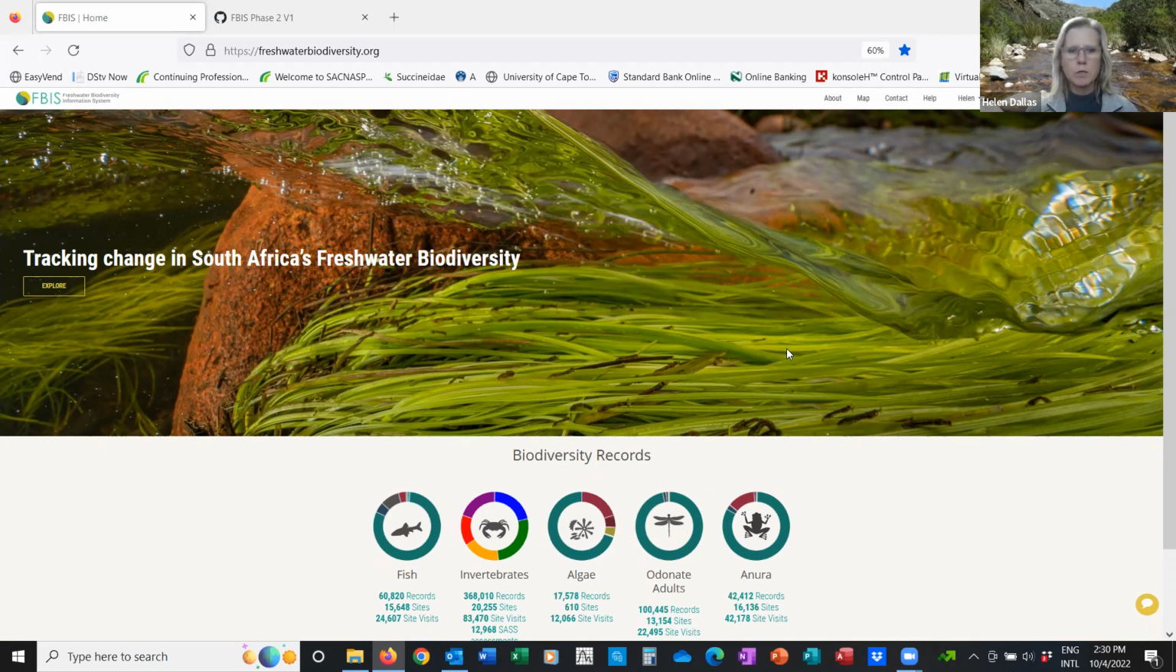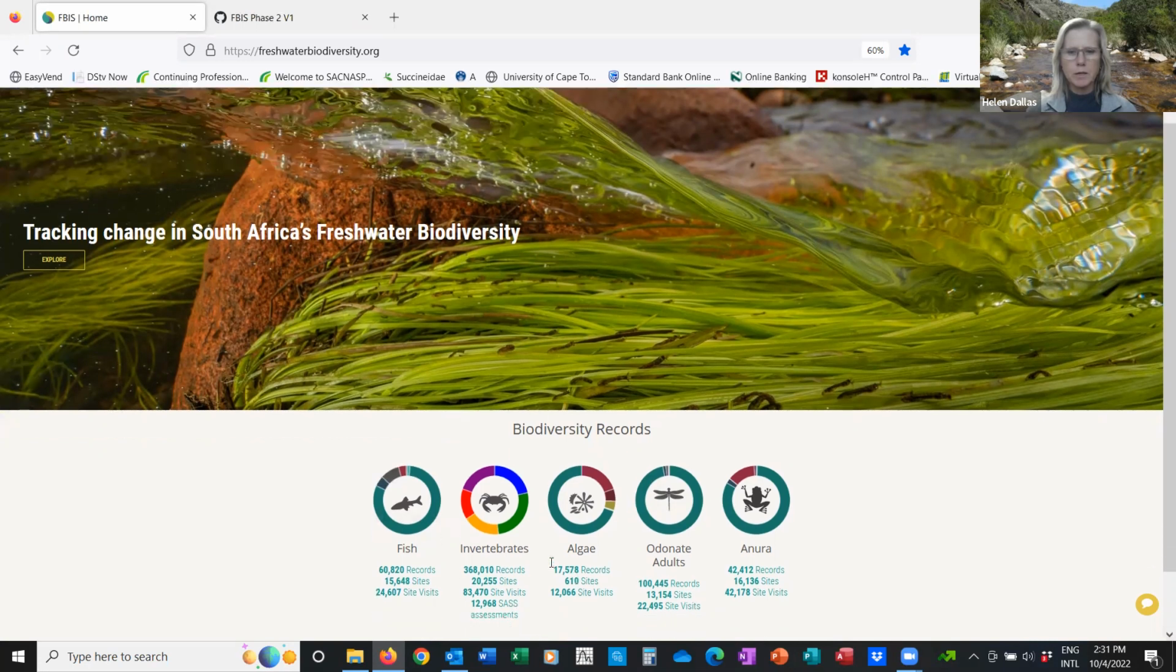So before jumping onto the map, I did want to point out that on our landing page, you can at a glance see all of the invertebrate data as well as the other modules, but specifically you can see how many SASS assessments there are, and these are color-coded based on the ecological categories, which I'll be expanding on in a while. So let's then move into our map,